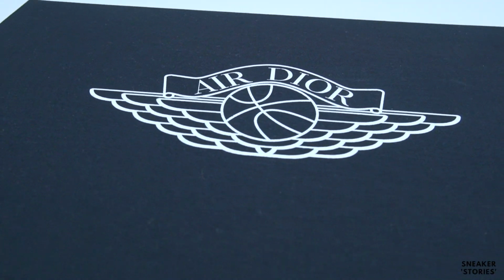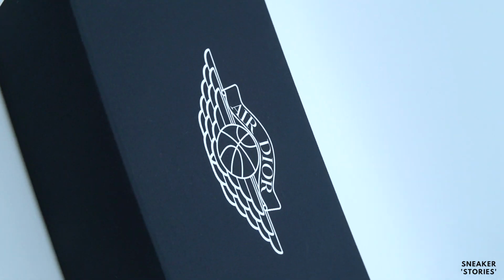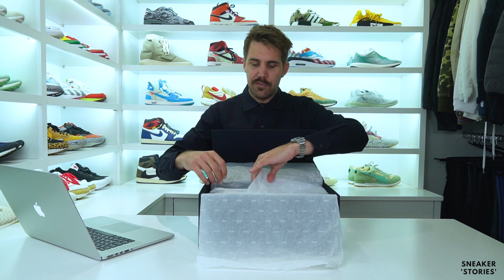This is a beautiful Dior box. Obviously no Jordan cardboard boxes when it comes to a $2,000 retail shoe. This particular box is lined with a bit of fabric on it. It's done in this beautiful navy color, and you've got the Air Dior custom logo done there, which is just a print over the top of it, like a screen print basically. And then you've got the magnetic bits, which just open up like that. It's just absolutely beautiful. You're obviously greeted by this Dior branded sort of tissue paper. And once you unfold all of that,